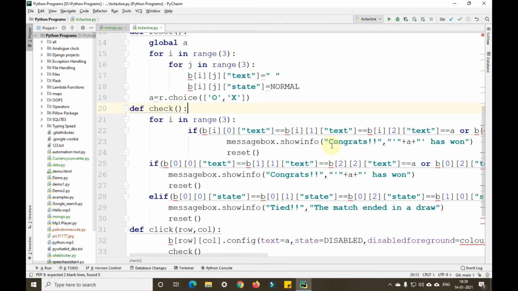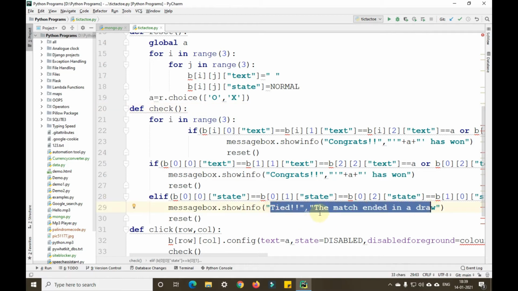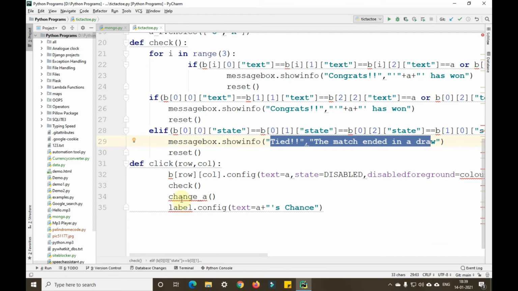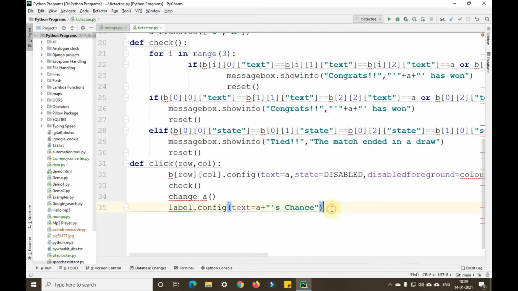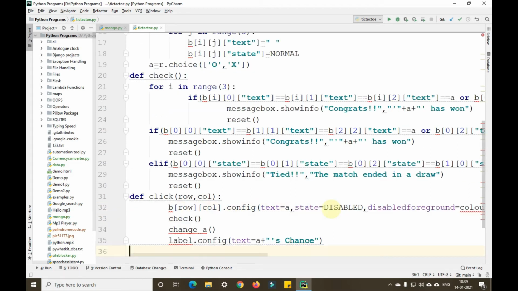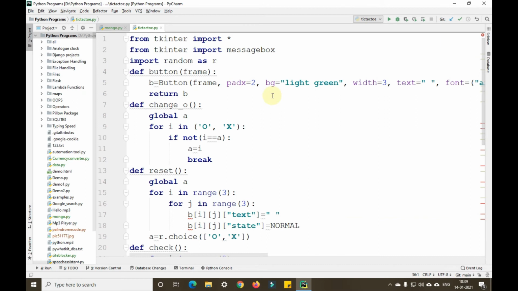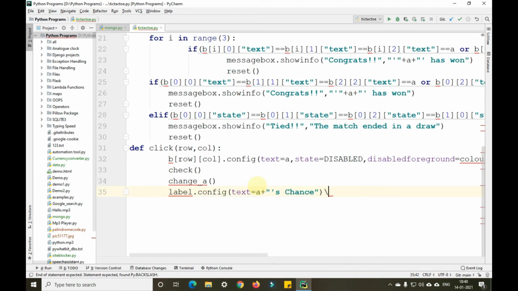There are only 2 scenarios where we can check if that particular person has won or not. Similarly, if the match has been tied, then it will return that the match has ended in a draw. Okay. After that, I have given a click function so that the user can click on the buttons and add that particular X or O into the boxes. Now I'll complete the program here guys.